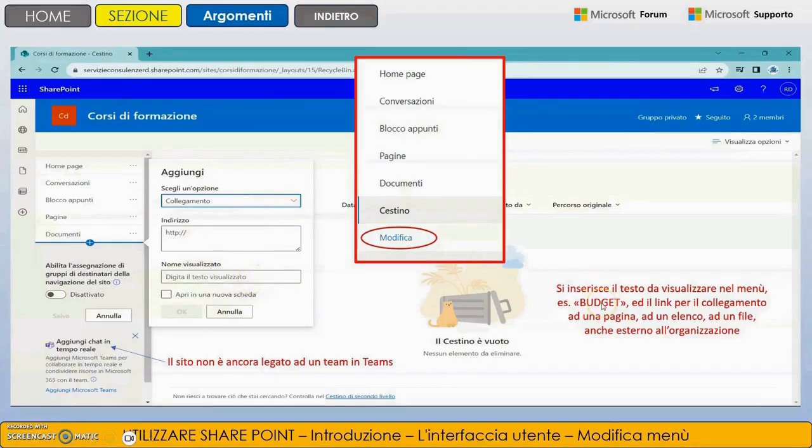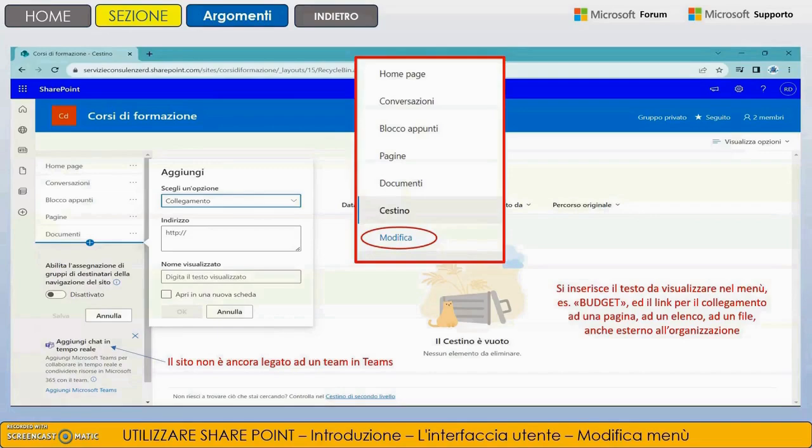Suppose I want to put the link here in the SharePoint list from the company's annual budget database. Here I write budget, and here I will put the link to this SharePoint page, but I can also put the link to an external website, but also to a file. Simply a file, because in Office 365, files also have an online link. So PowerPoint, Word, and Excel are online, and so they are not on the desktop. If I go to OneDrive, obviously OneDrive will also be on the desktop, but they are online, and so they have their own internet address.